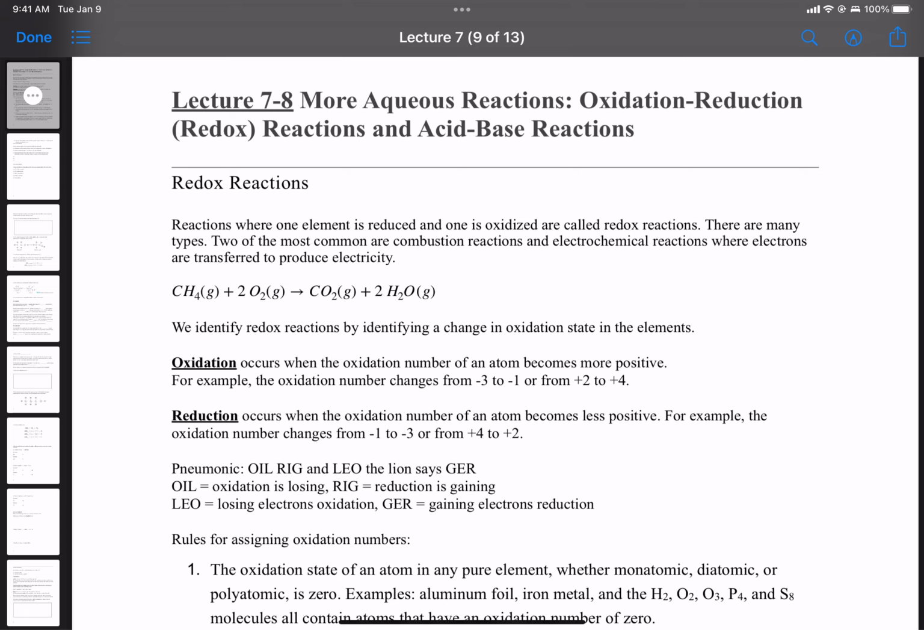Okay, so oxidation is losing, reduction is gaining. Leo the lion says GER: LEO, losing electrons, oxidation; GER, gaining electrons, reduction. So those are two ways we can remember these terms. But if you do lots of problems, like the practice problems that I post,